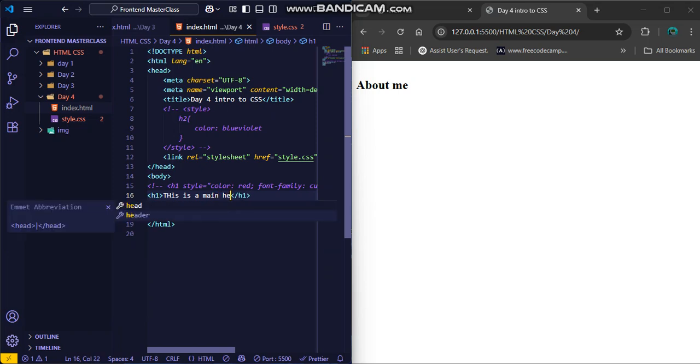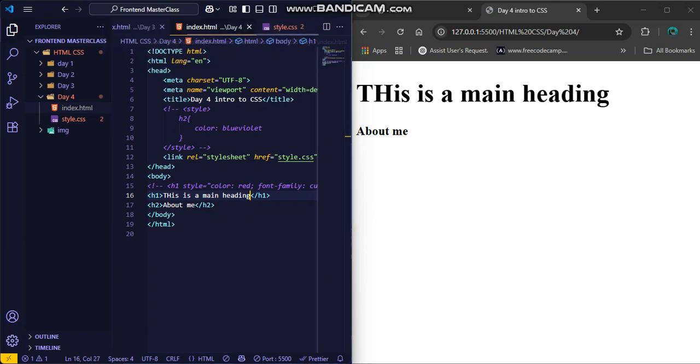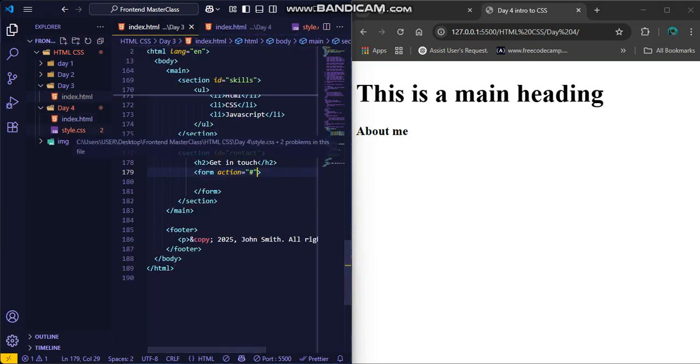This is main heading, right? Main heading. Okay, so as you can see, the font is already, I don't know which font that is. Okay, but let's say I want to turn it